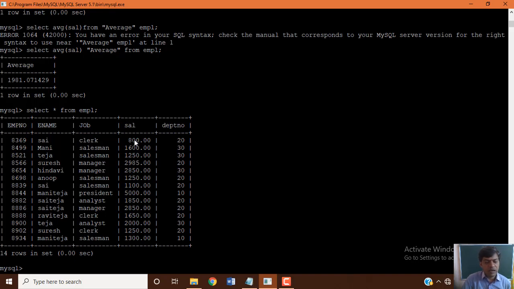Altogether, we know manually how we can calculate the average: the sum of total values divided by the total number gives the average. This calculated the average salary for the employees.